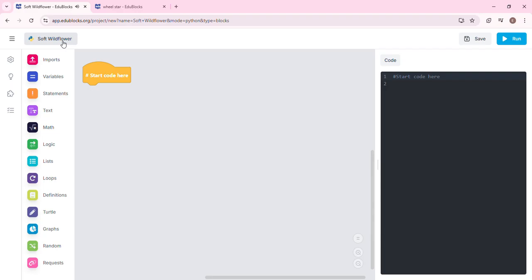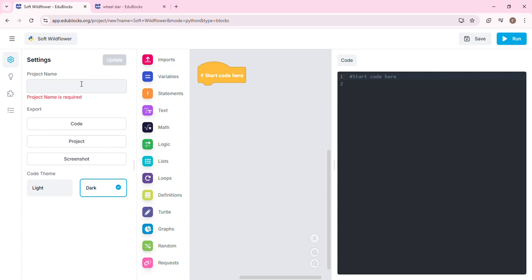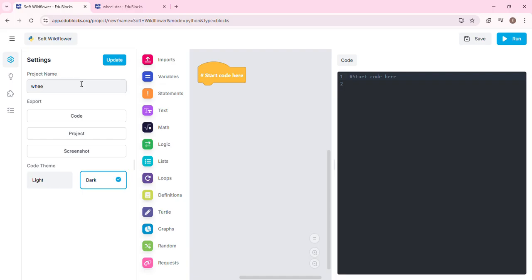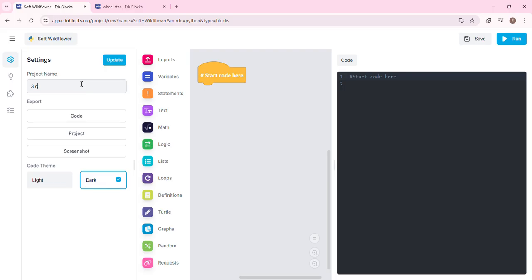So first you start by changing the name. This one was, I don't know, soft wildflower. What kind of name would you want? Mine, I've named it like will start 3. I'll name it 3 circle. Then I update because if I press enter, it won't appear on the main part to see. Update. This one you should think that it's supposed to go, but it has to